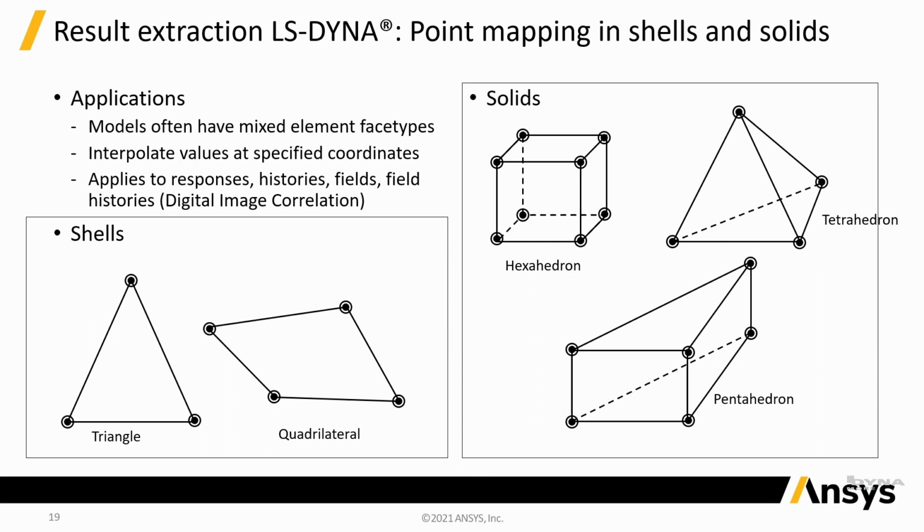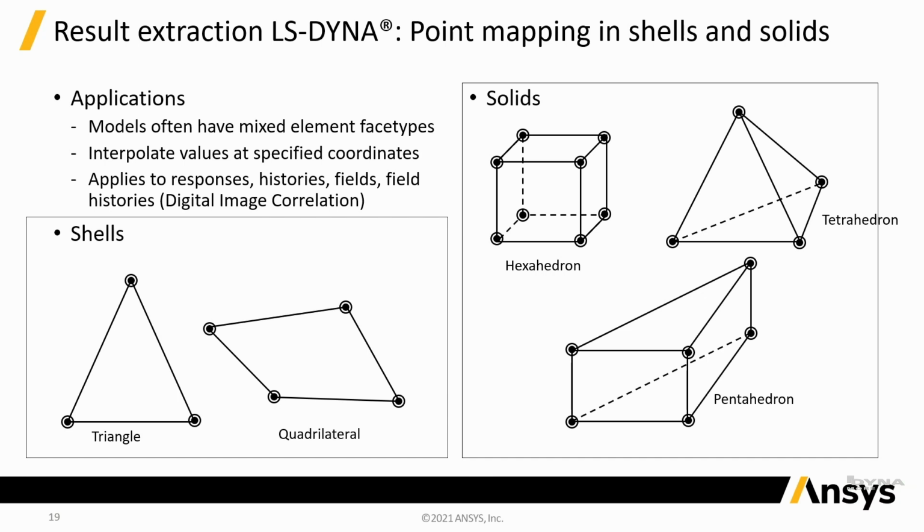So we use a point mapping system to map a digital point, or a test point, on a mesh. In the past, it was quite simple. Actually, we had nodal mapping, and then mapping to the center of the solid, and also mapping to quadrilateral shell elements. But we can now include any type of element, the ones that you see here: tetrahedra, pentahedra, and also the triangle,